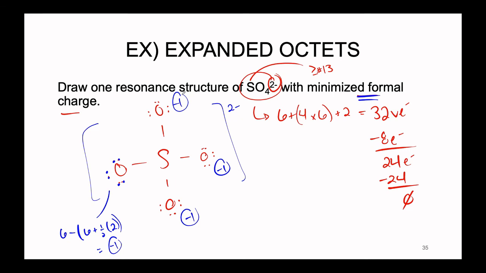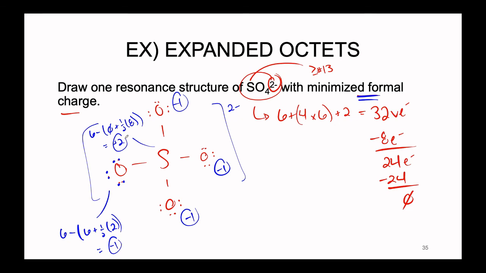We have nice complete octets, but it looks like all of the formal charges are kind of pushed away from the minimum. We don't have the ideal electron distribution across the entire molecule. All right, our sulfur, just to be explicitly clear, is going to have a formal charge of 6 minus no lone pairs plus 1/2 of 8, 2, 4, 6, 8 in all of the bonding pairs, giving us a total of +2. Yeah, this sulfur definitely does not have a minimized formal charge, so we're going to have to start